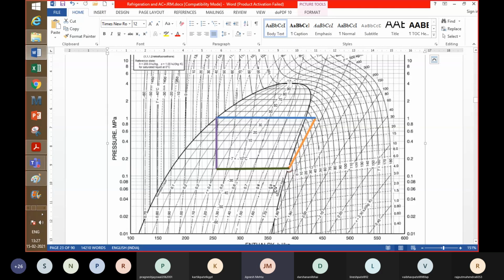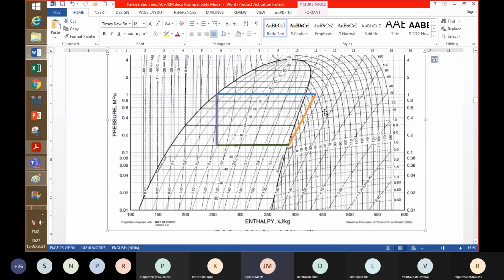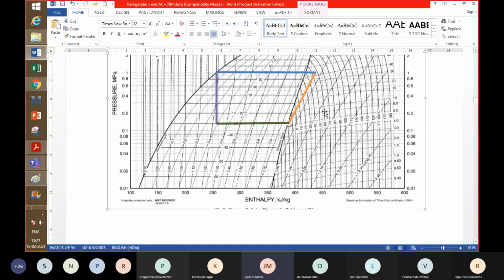So when you are plotting the cycle there, you are going to take care of the little bit of superheating and some amount of subcooling, and then you are going to draw the cycle there. So you are trying to draw the actual cycle, but of course the assumption of constant condenser pressure and constant evaporation pressure would still be there. And for the compressor also, you show the actual process rather than assuming it to be isentropic. Okay. So this is about plotting the cycle on the pH chart.